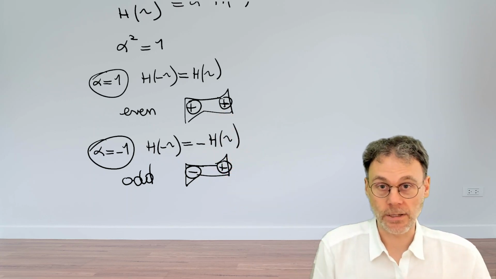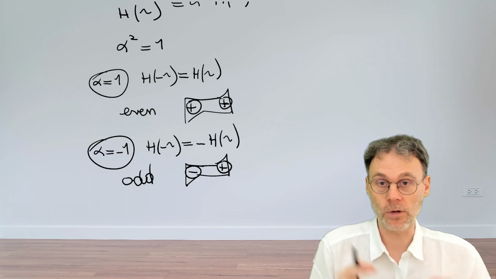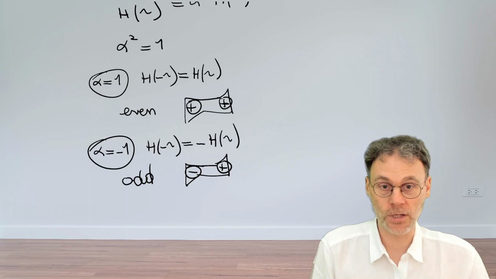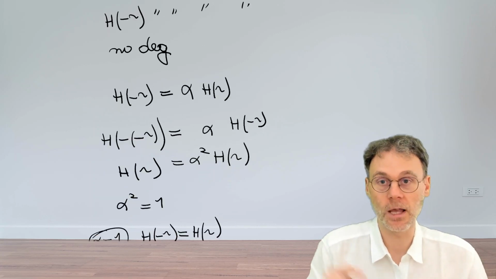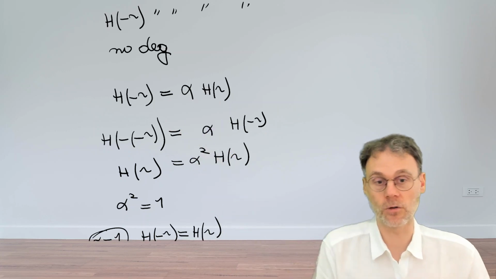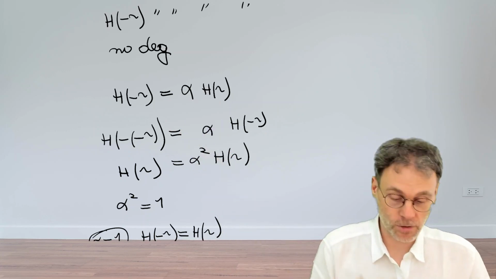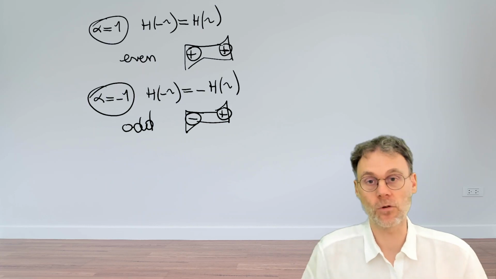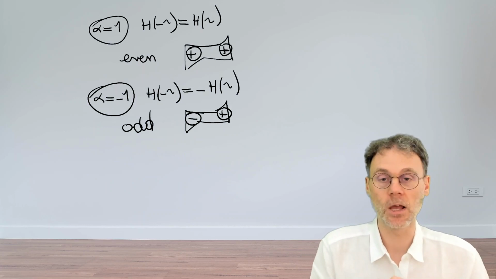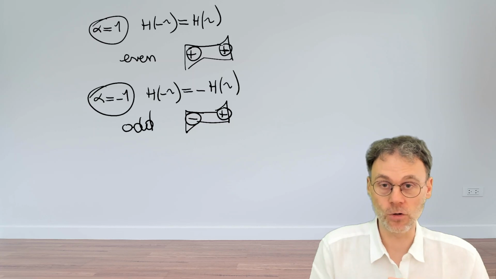Of course, the white elephant in the room here is perhaps this overly restrictive situation where we only deal with the case where we don't have degeneracy, because this was a really crucial ingredient in coming up with our argument. So you might wonder what happens if we do have degeneracy, because this happens, of course, from time to time in real systems. And then it turns out that you can prove, I'm not going to do that here,